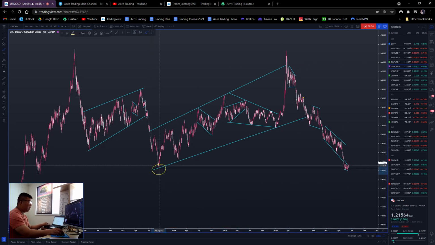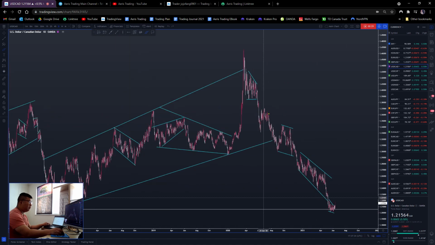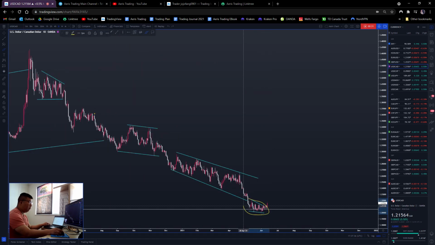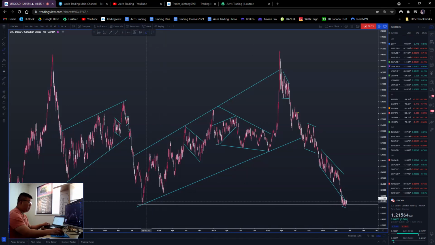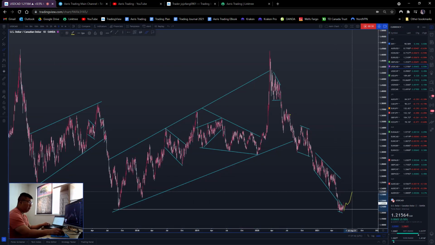Now you can clearly see that this is the previous low from when the bearish move happened and price could eventually recover. And we're right back to this previous low. What's different here is that price is in a very corrective kind of price action. So we can potentially see this as a double bottom, where the price could give us a reversal opportunity